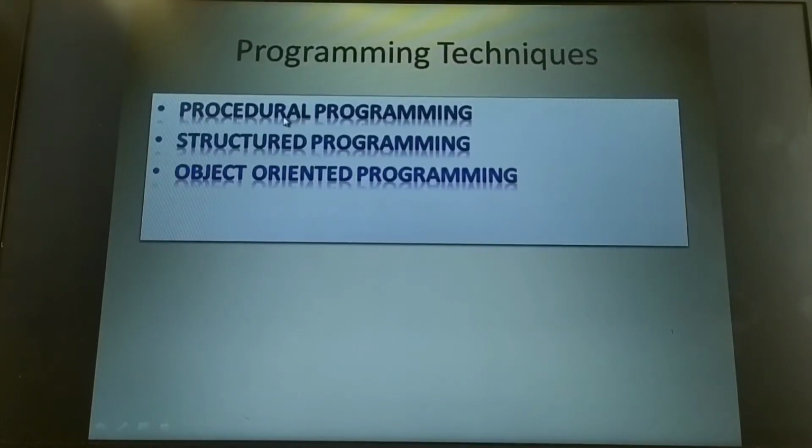As I said in the example, a single program had to perform 5 different tasks, which means they were always concentrating on the procedure rather than on the data. So when you are following the procedure, obviously the length of the program would be delayed. Even in real life, if you go according to the rules and regulations when you start working, obviously there would be a delay, right? The same was the case with procedural programming. They mainly concentrated on the procedures or on the algorithms. That made the programs very lengthy.